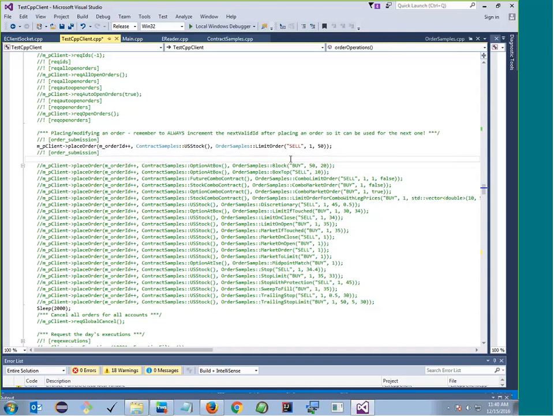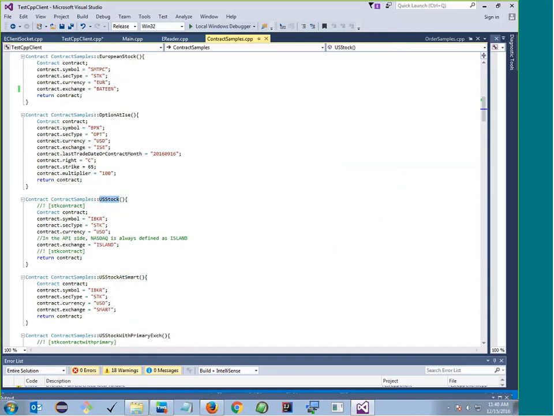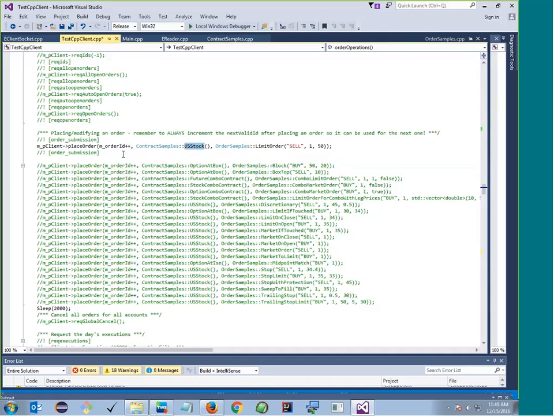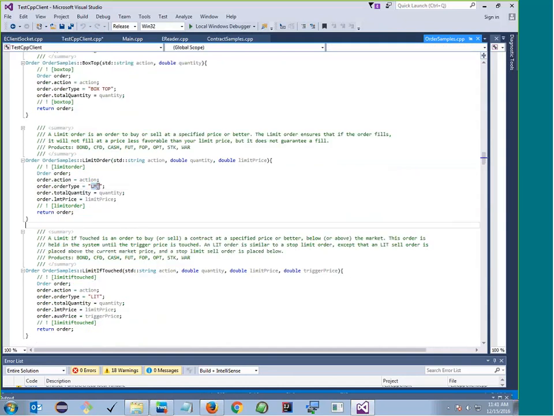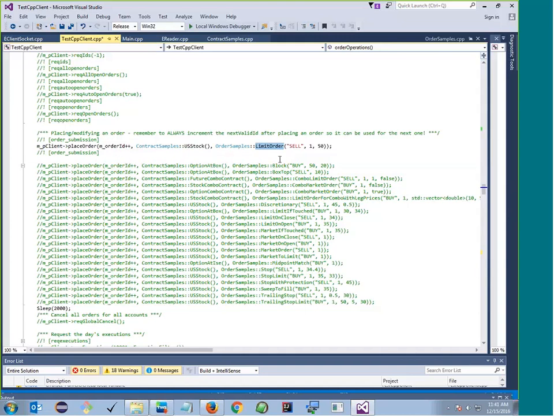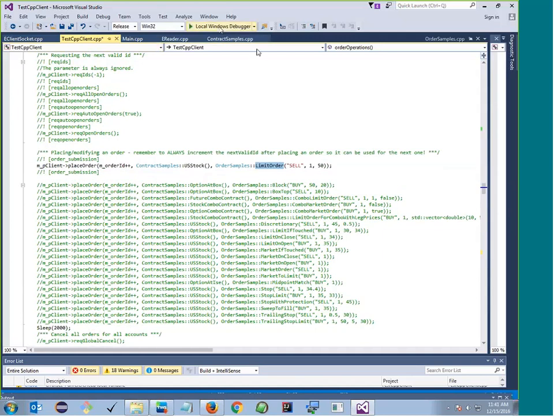So for this example, the U.S. stock again, that's IBKR. So we're placing an order here for IBKR, and we're placing 1 share at a limit price of 50. So if we go in here, you can see exactly where that's defined. So you can see this is where we define that it's a limit order by specifying LMT. We specify the quantity, and then also the price is 50. So what we're saying here is we want to place an order to sell 1 share of IBKR at a price of 50. Okay, so then if we just execute our program here,